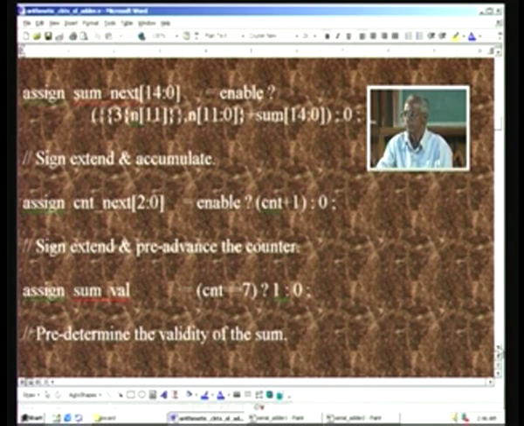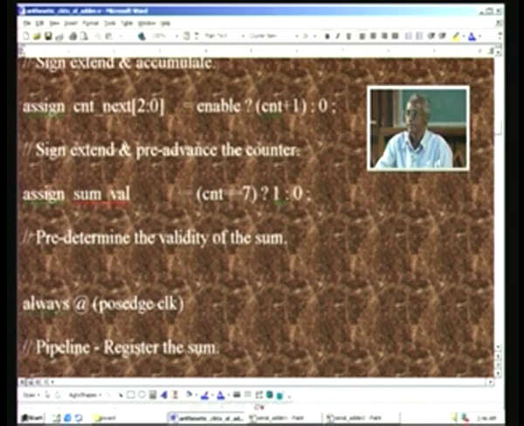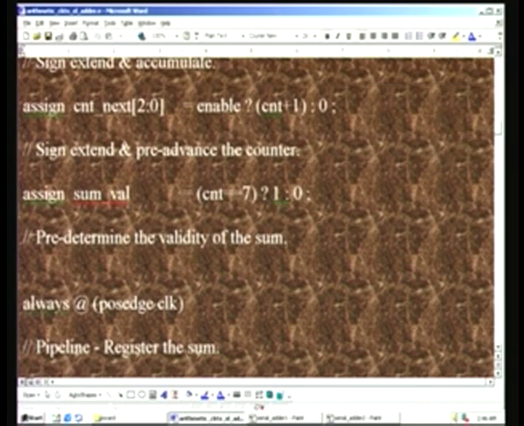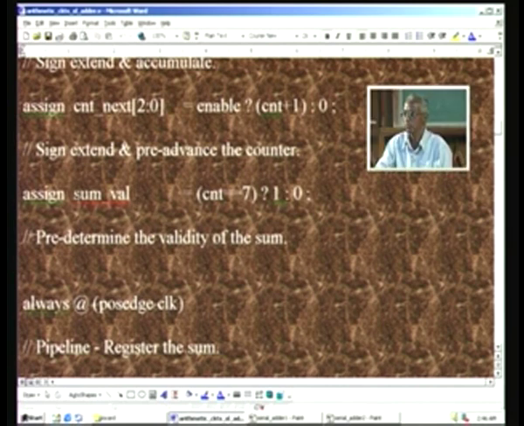And next statement is the sum valid, and this is also a signal which is ahead of the actual sum valid, and which will be registered later on. This is assigned using an assign statement, and only when the counter is 7, that means all the 8 inputs are already fed, and when n7 is arriving, at that point of time we make the sum valid, because with the subsequent clock the entire computation is over,